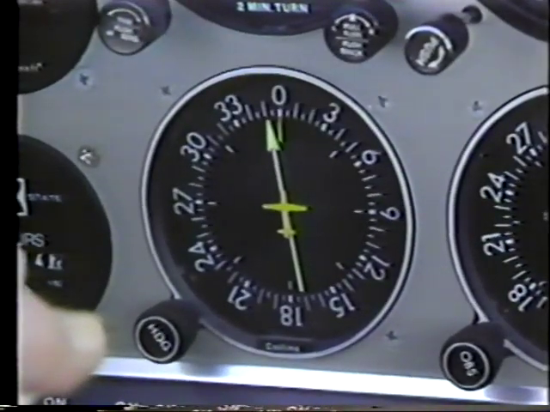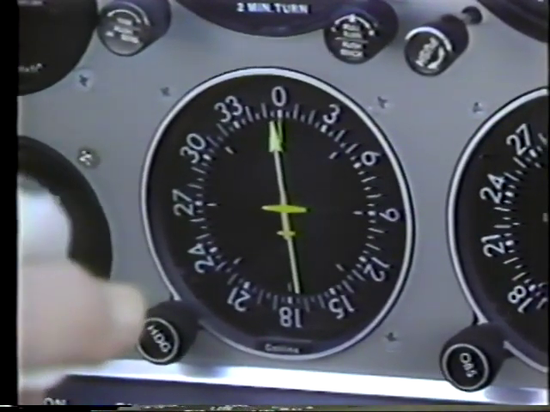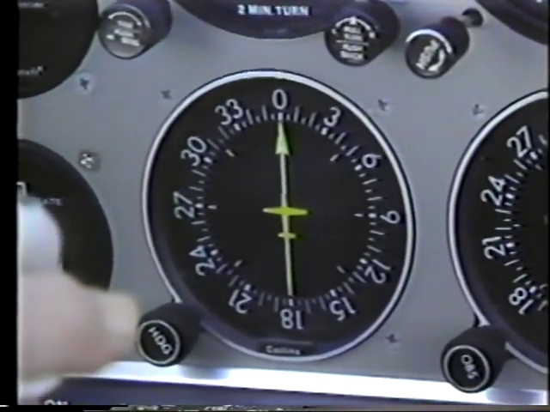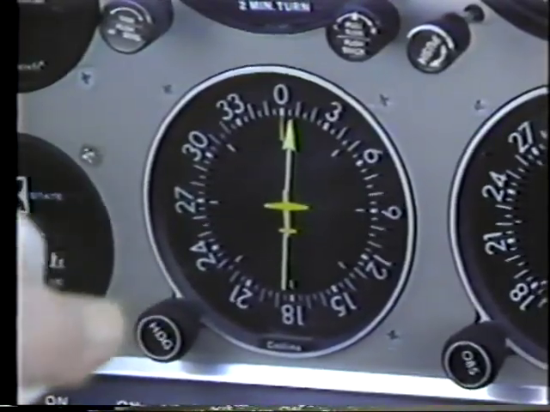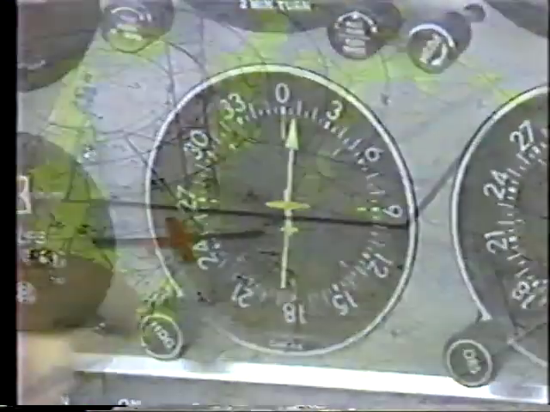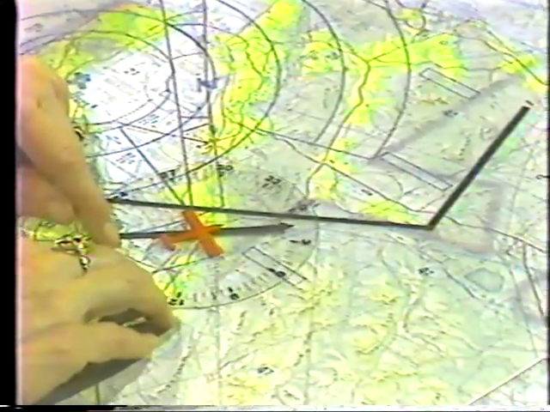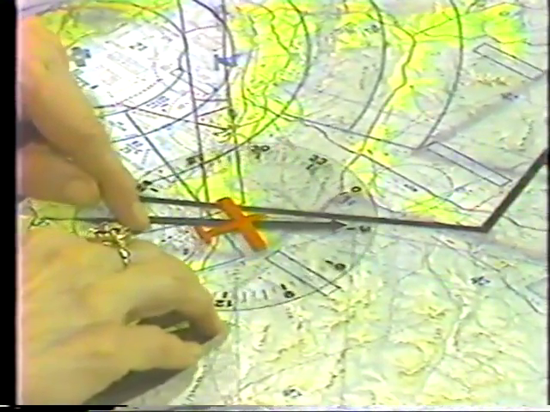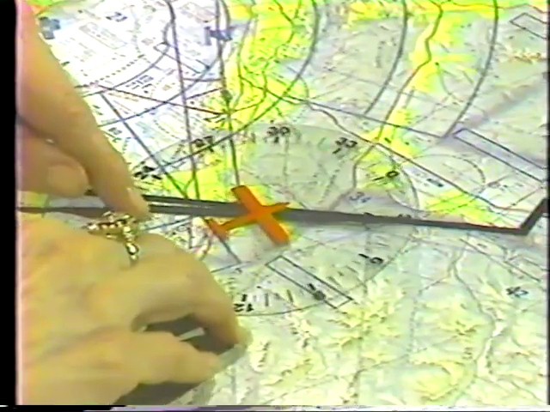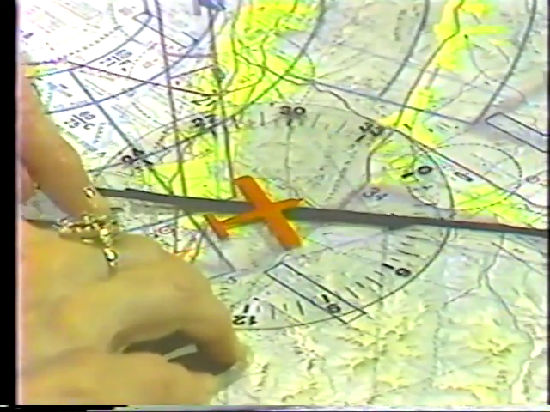This change causes the ADF pointer to move from 10 degrees to the left to 10 degrees to the right, and will take us back toward our course line. Continue flying until the pointer shows an additional 20 degrees to the right, our total heading change. We are now back on course.